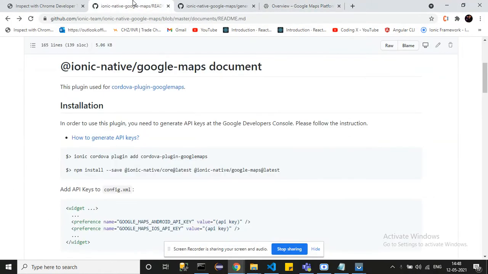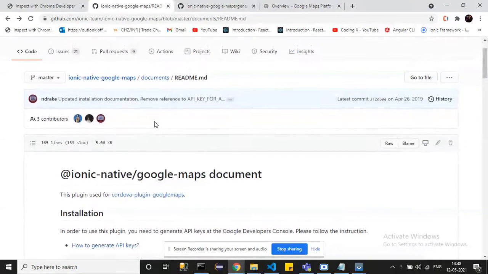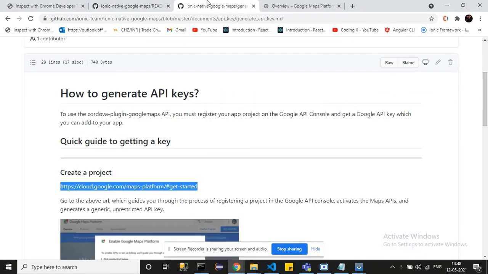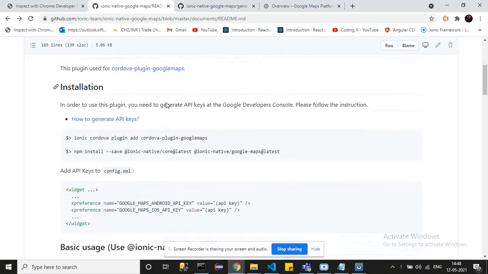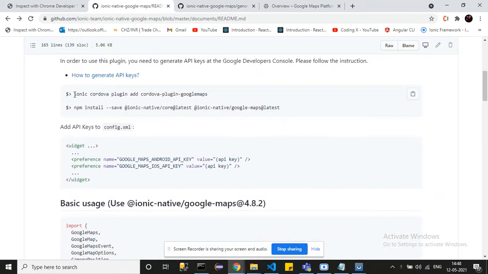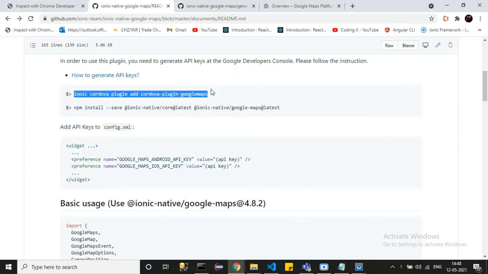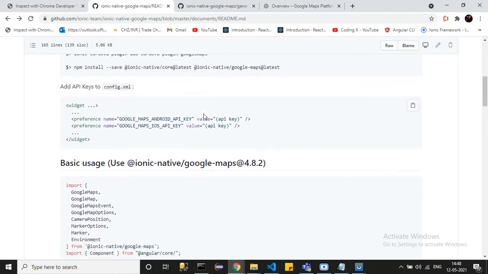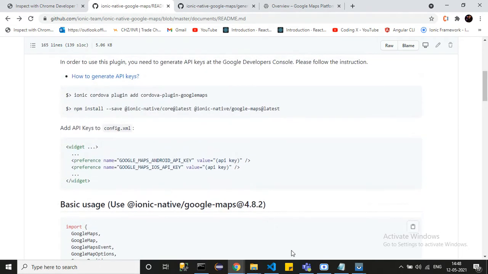First we will open up the documentation here. So the first part is, you have to install this Cordova plugin in your Ionic application: ionic cordova plugin add cordova-plugin-googlemaps. Then you have to add this in your application too. After that,